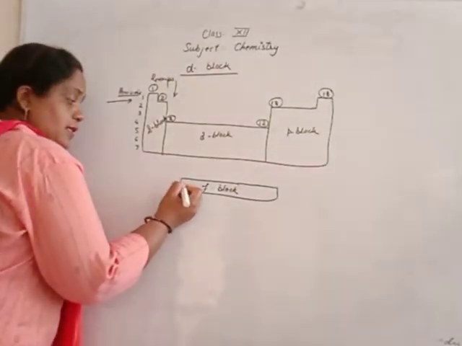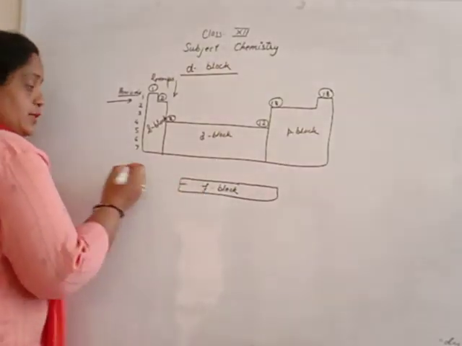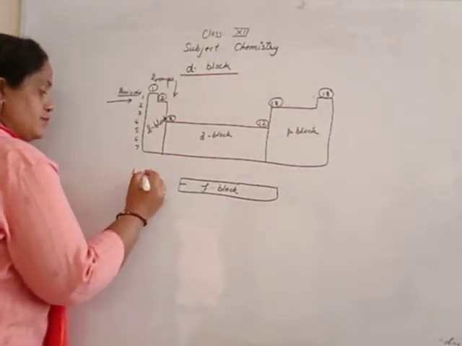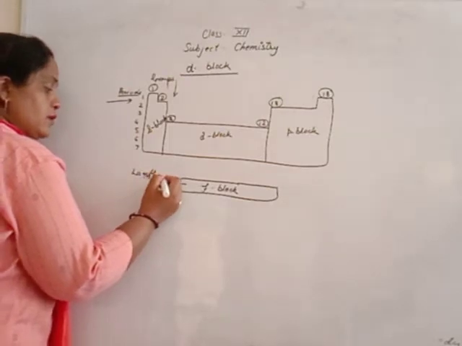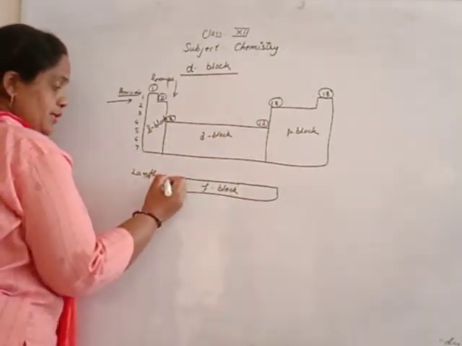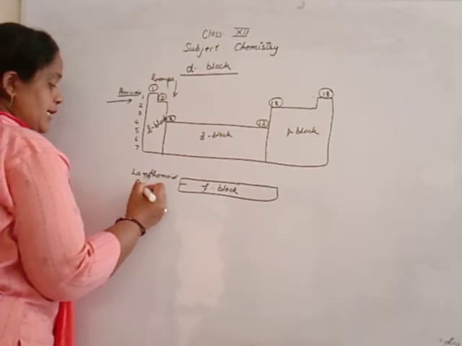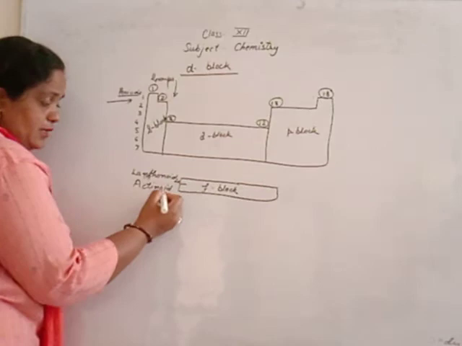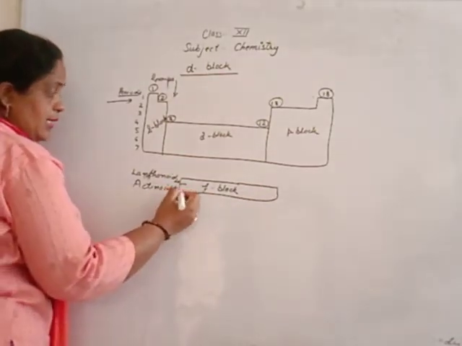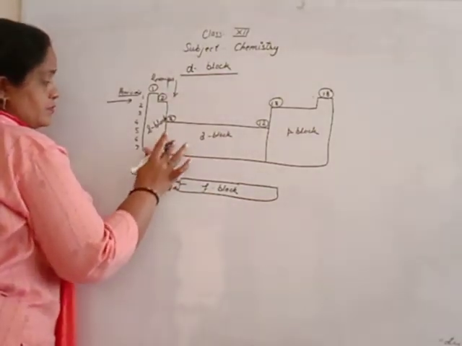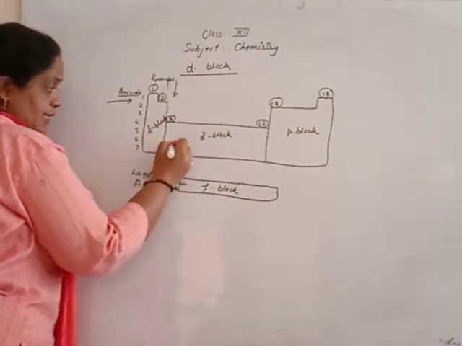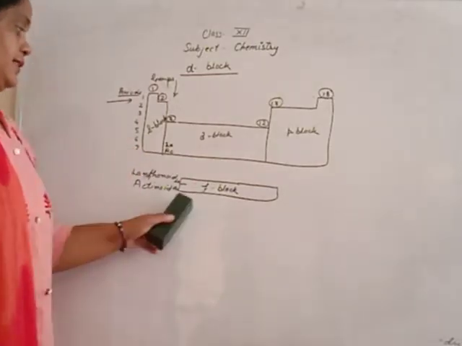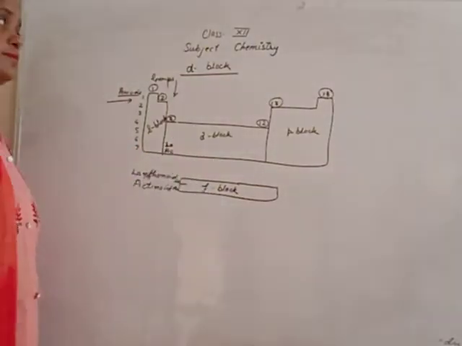Beta, these 28 elements are divided into two rows. The upper row is known as lanthanoid, and the lower one is known as actinoid. The lanthanoid row starts after lanthanum, and the actinoid row starts after actinium, present in group third. That is, lanthanoid in period 6, actinoid in period 7, and they start after lanthanum and actinium.